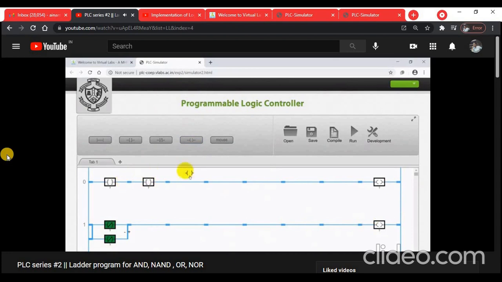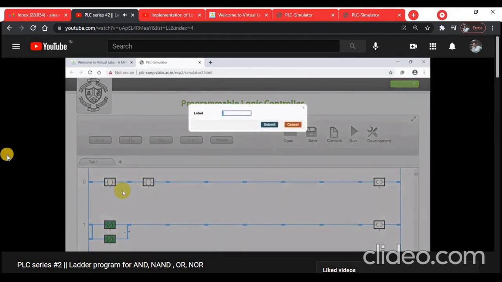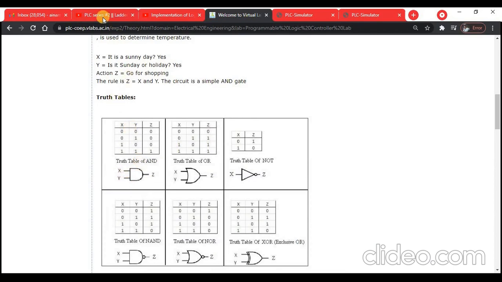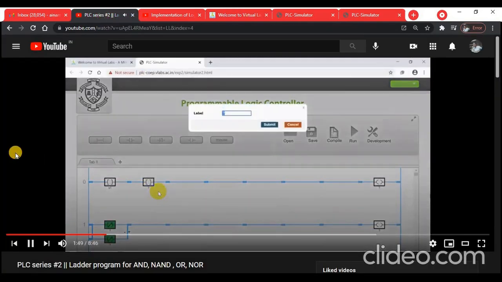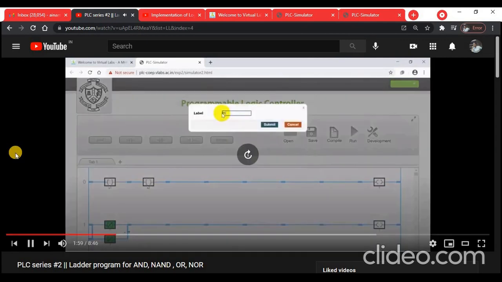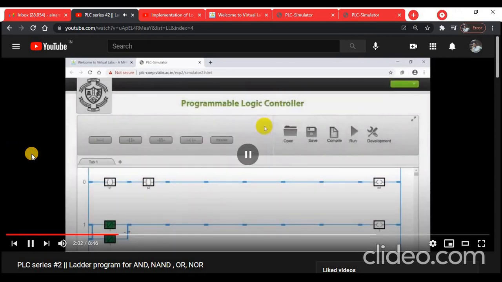Next we have to provide addressing. Instead of I1, we are giving sensor S1, then sensor S2. So they are just renaming the inputs, as in the case of X and Y, here S1, S2. For output devices, instead of a lamp, they are using a motor: motor M1 and motor M2.